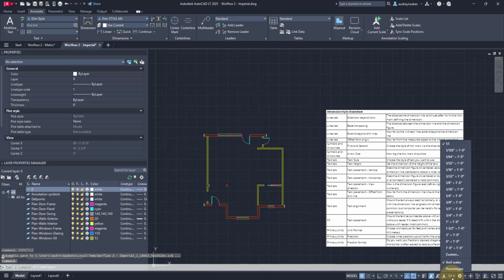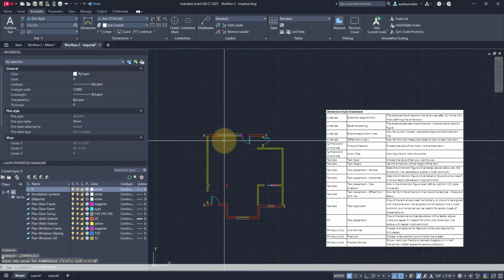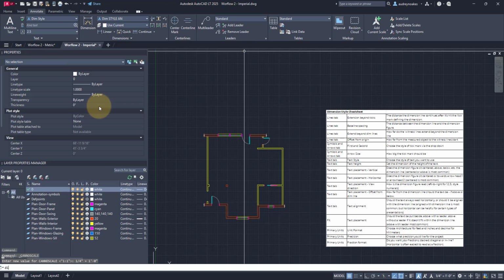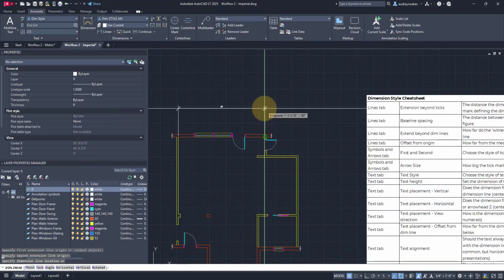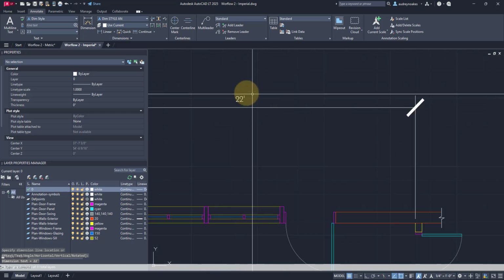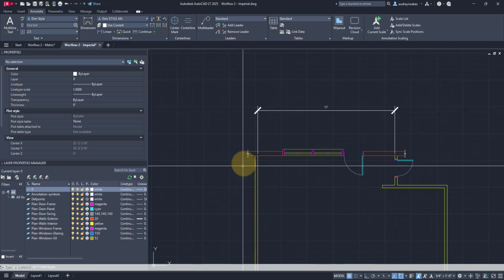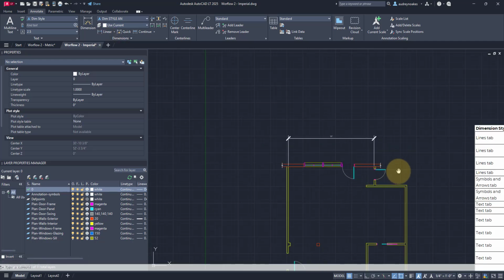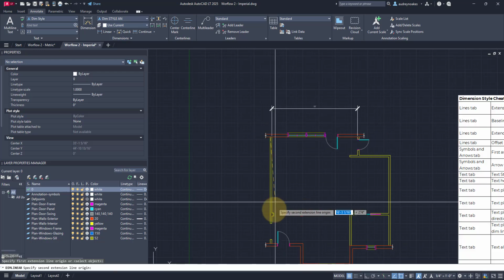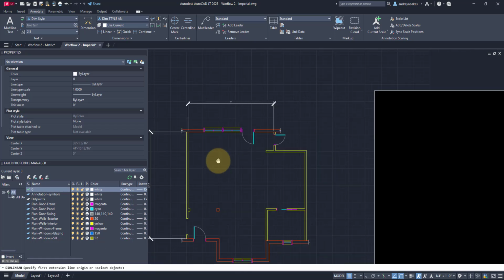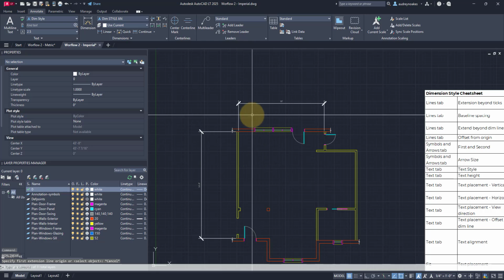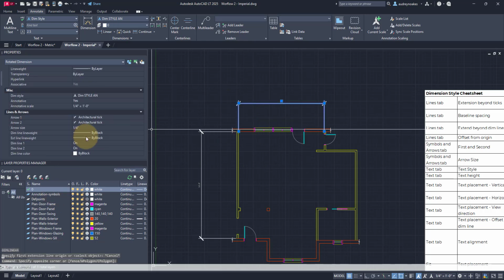Let's set our annotative style. So let's say it's going to be a 1/4 inch plan, and let's say dim linear. And we can actually start to dimension our drawing. And we can see that it's using the text we'd chosen, our really dramatic tick marks. We can adjust that. Let's do a couple more. The benefit of doing this all within a dimension style rather than trying to edit all of these things over here in the properties is going to be,